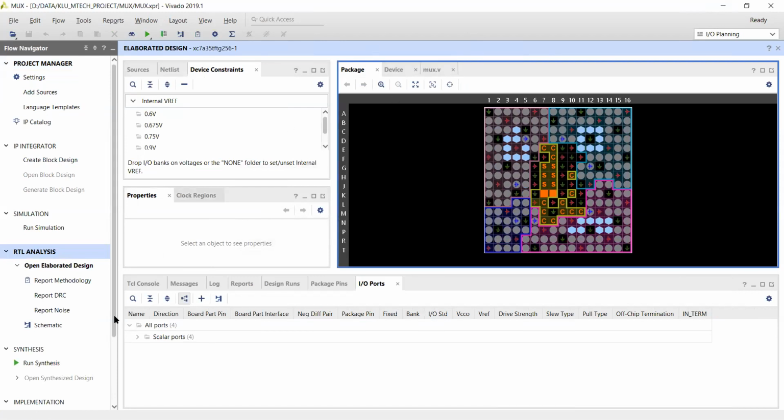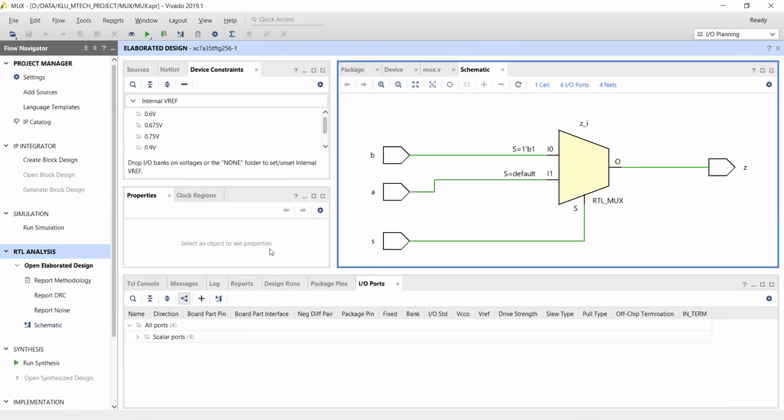So you can see there is a schematic, the RTL block. Click on this schematic. This schematic is nothing but your RTL schematic. Okay, this is your RTL schematic.